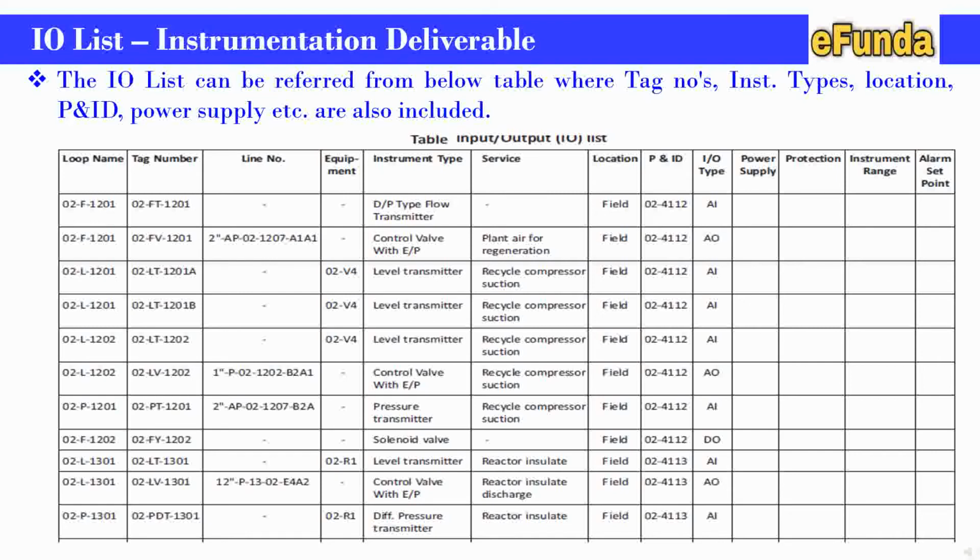One should remember that IO points or IO type is considered with respect to control systems only. That means whether it is input to the control system or output from the control system. This is how we have to prepare the instrument list. Please study the instrument list and practice some problems to prepare the instrument index, and accordingly filter out the IO list for further detail and design engineering of a control system.